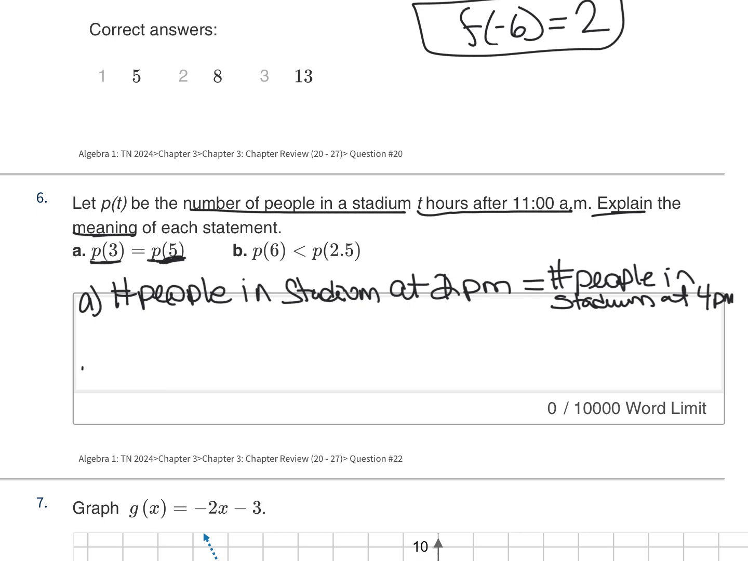All right, and then B, it said P of 6 is less than P of 230. So 6 hours after 11 would be